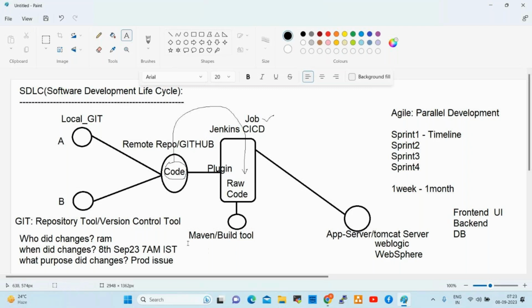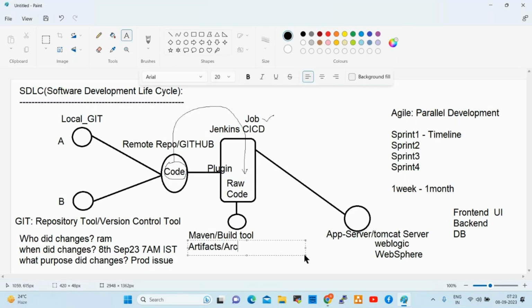So what is an artifact? An artifact is nothing but an archive file. Maven is a build tool which will generate an artifact. An artifact is nothing but archive files, right? So what is an archive file?